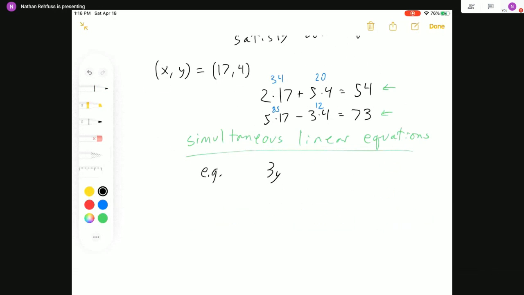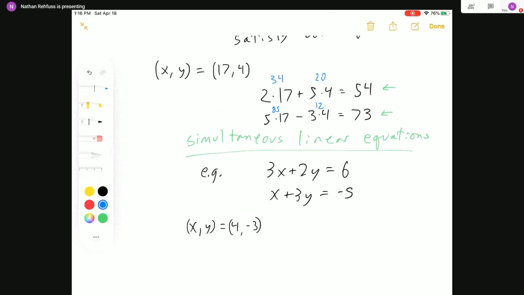3x plus 2y equals 6, and x plus 3y equals -5. Now there is exactly one solution. In this case, x, y equals 4, -3. And that's because